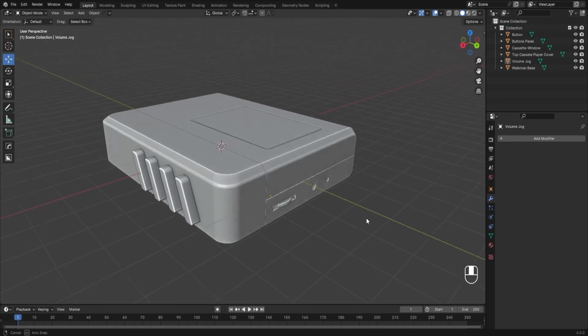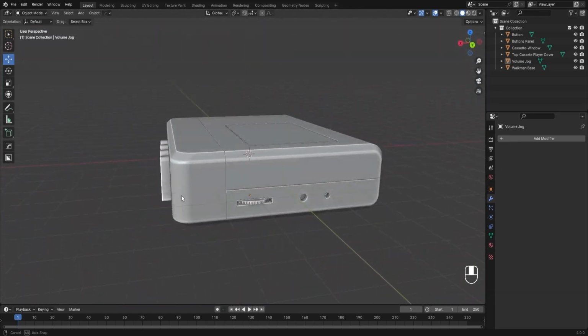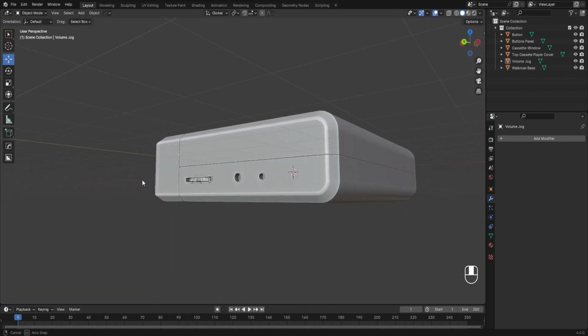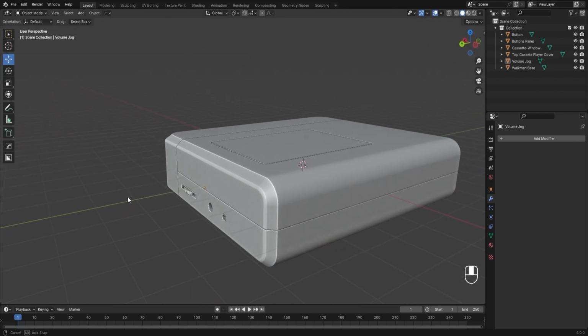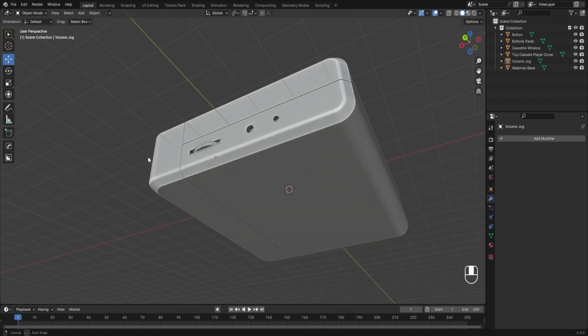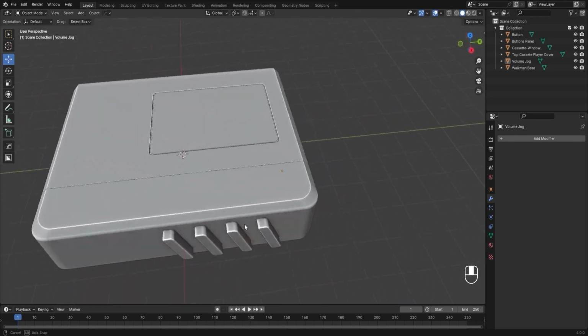And I think pretty much our Walkman here is ready. So in the next class, we'll start working on the headphone, which will later be connected with the wire. So I will use the cabulator add-on,